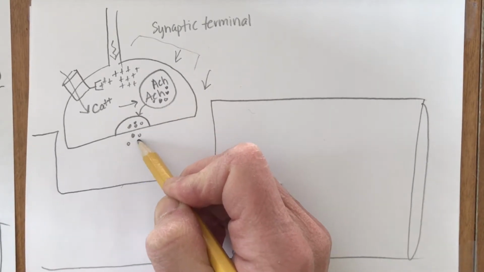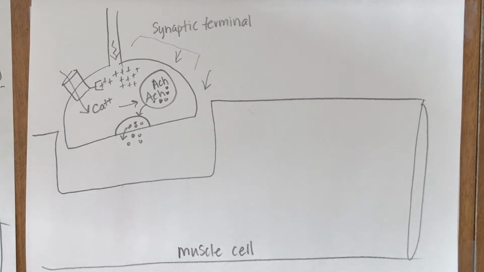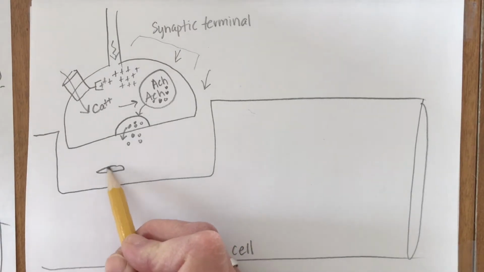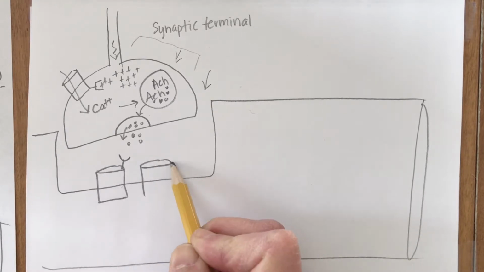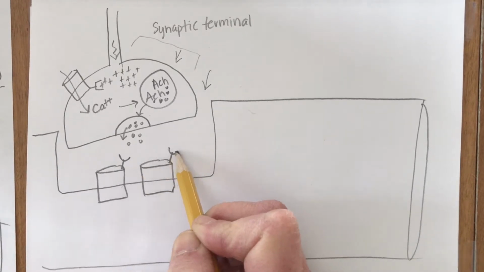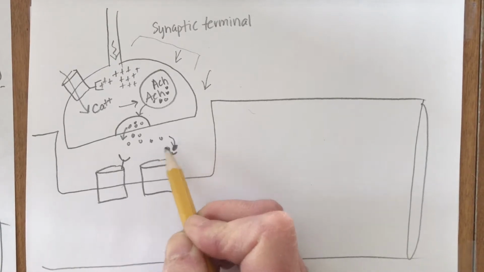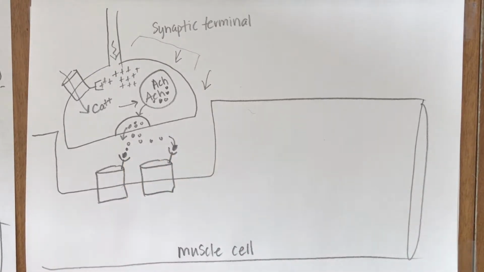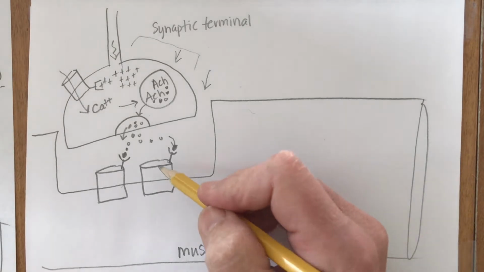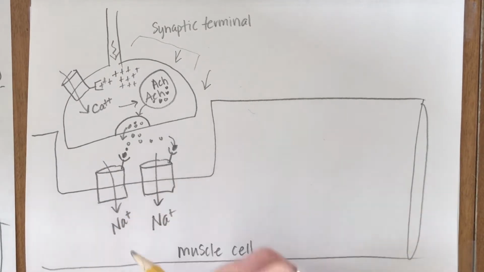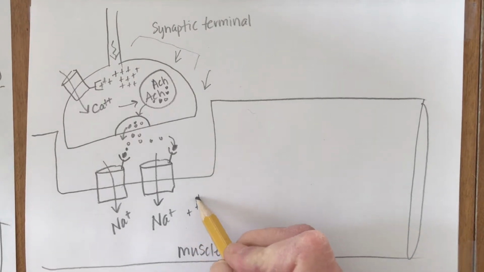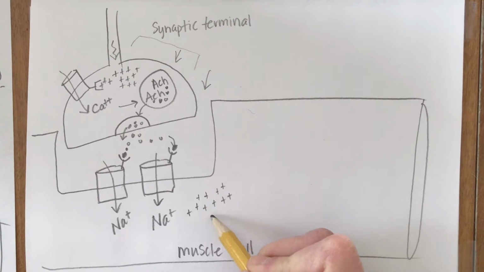And the acetylcholine is dumped into the synaptic cleft, or the synapse. Ligand-gated channels in the synaptic cleft bind with acetylcholine. These ligand-gated channels then open, they're sodium channels, and permit sodium to diffuse down sodium's concentration gradient into the muscle cell. This positive charge, this influx of sodium ions,